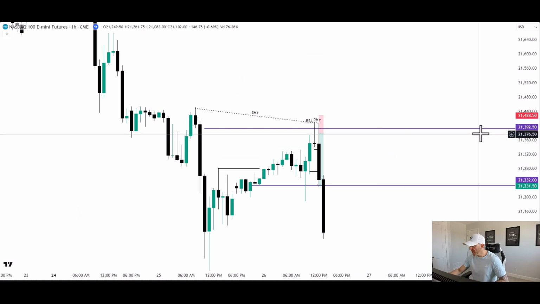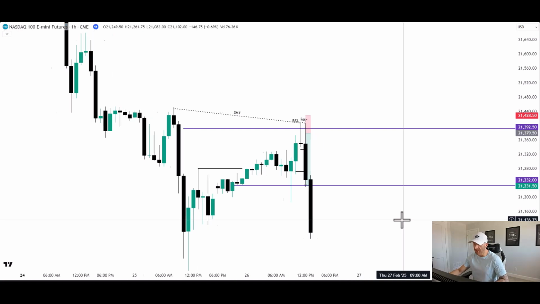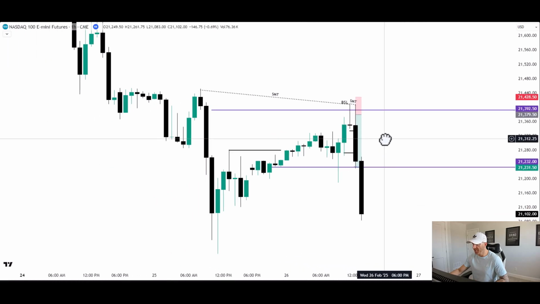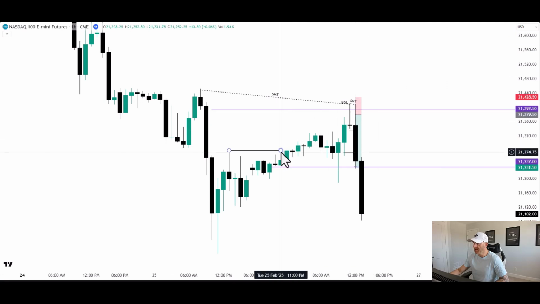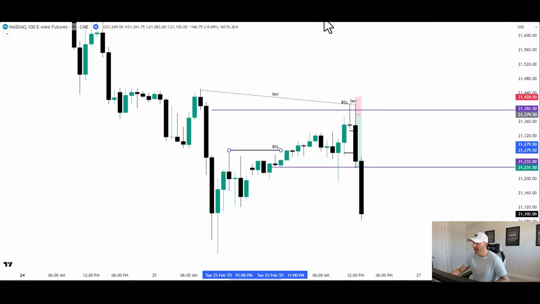Now, first off, I want to point out 21,392 and 21,232 are exact levels that we had charted this week. We actually had some beautiful moves off that we did capitalize on. We had a nice profitable trade off it. So, we have our key level. Now, where's our external range liquidity taken? Well, that's right here. Okay, so that's a high from yesterday, and we take that with this push to the